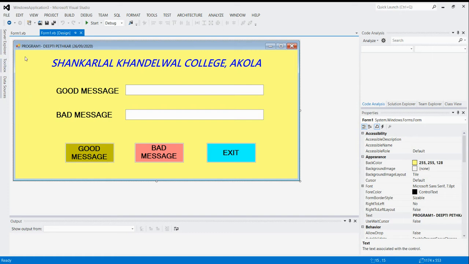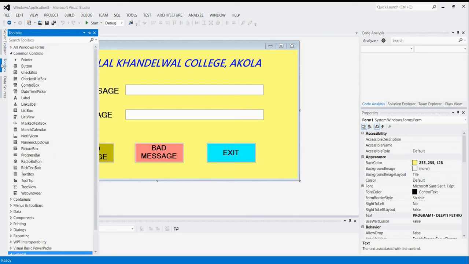For that, we are going to use different controls from the toolbox panel: buttons, labels, and text boxes. By using these, we are performing today's program.